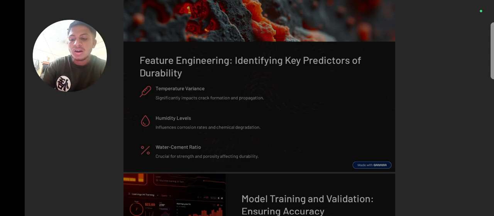The key predictors of concrete durability are interrelated and depend on the concrete mixture, environmental exposure, and maintenance practices. Engineers must take a comprehensive approach to optimize these factors for specific conditions, ensuring concrete structures remain functional and safe over time through appropriate material selection, design practices, and environmental awareness. Concrete can be made more durable and resilient against degradation over its service life.